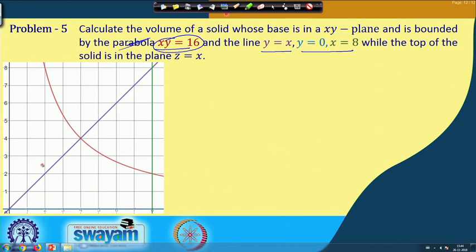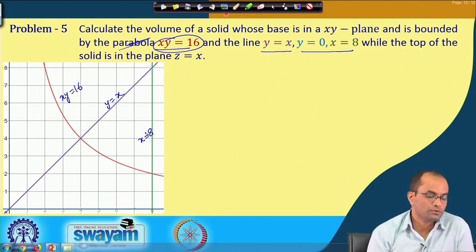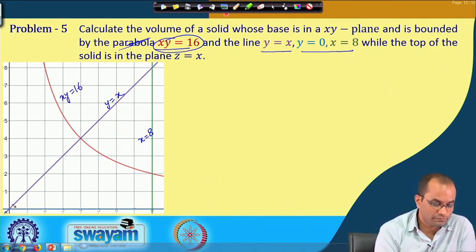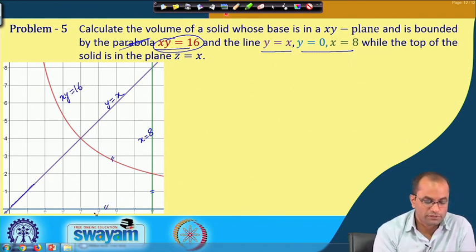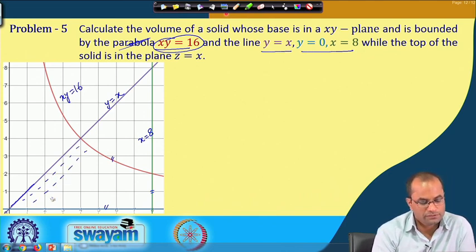So, again let me just mention. So, this is y is equal to x, and we have xy is equal to 16, and we have in this case x is equal to 8, and the region enclosed by these 4 curves. So, this is not the region here, this is the region by these 4. So, 1, the 2nd and the 3rd and the 4th. So, then enclosed by this we have precisely this region here,